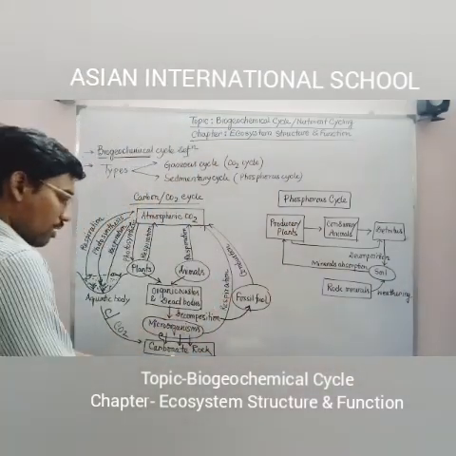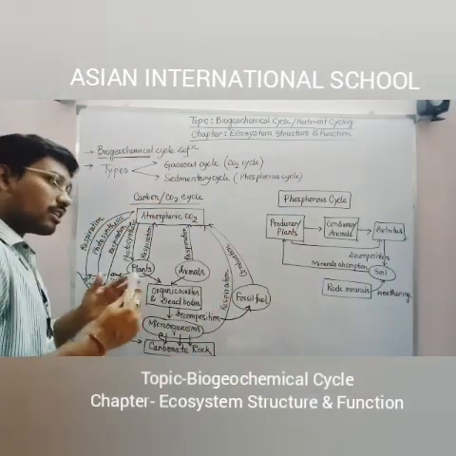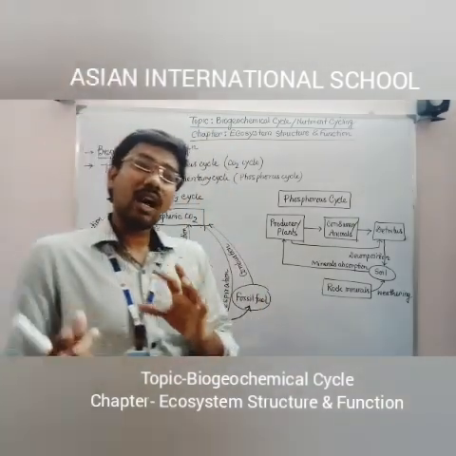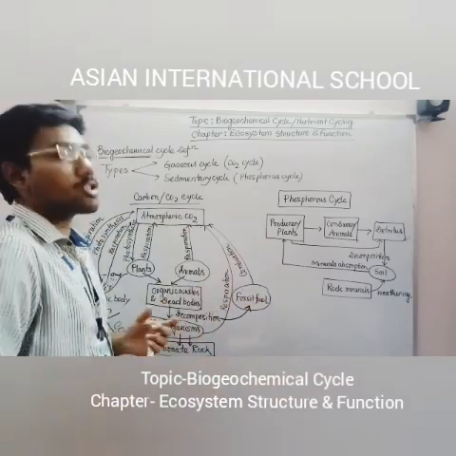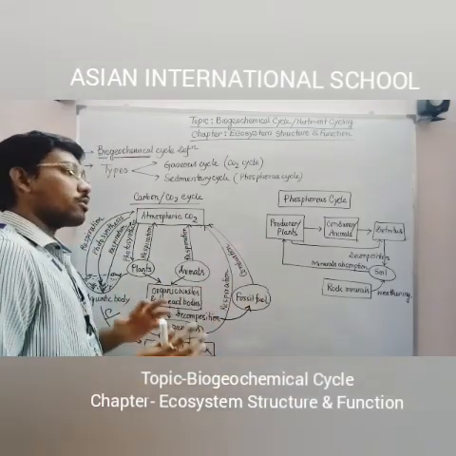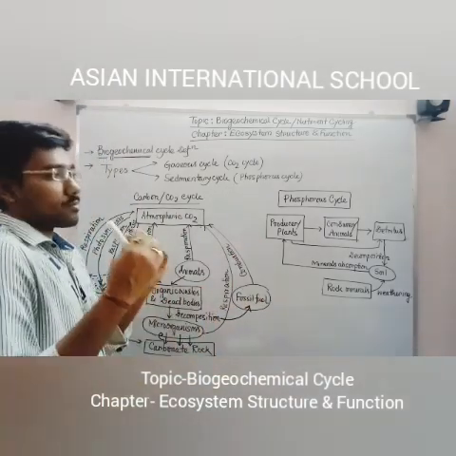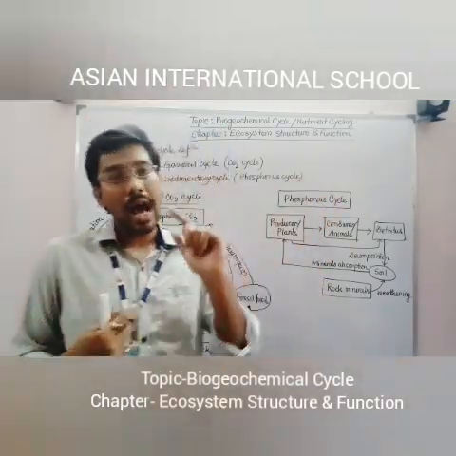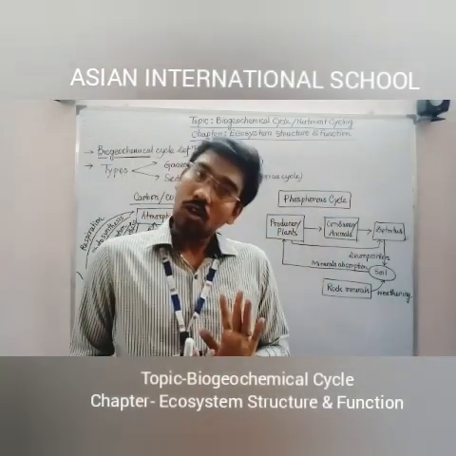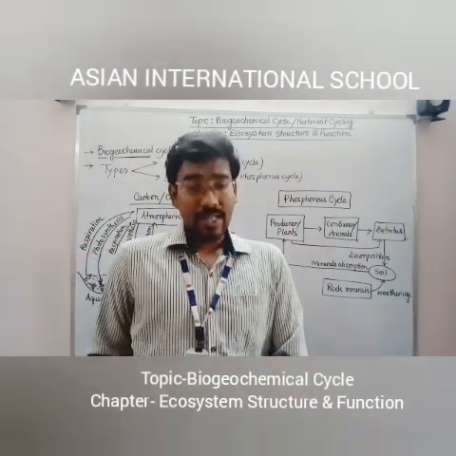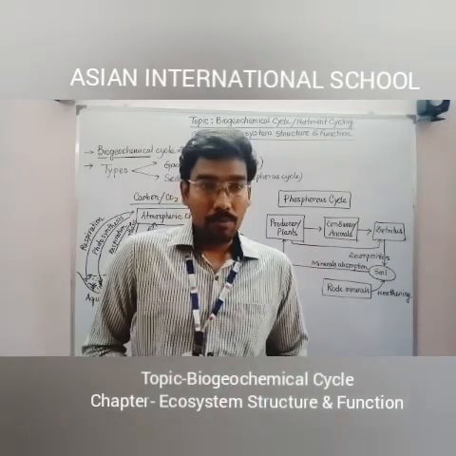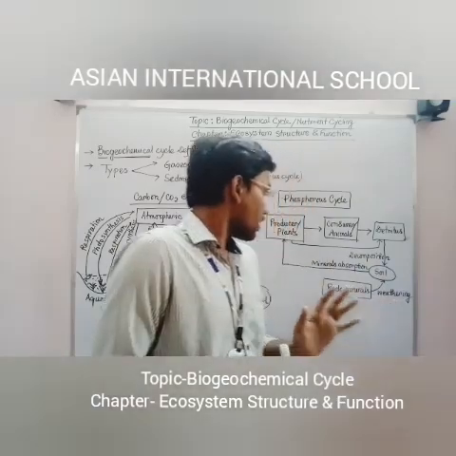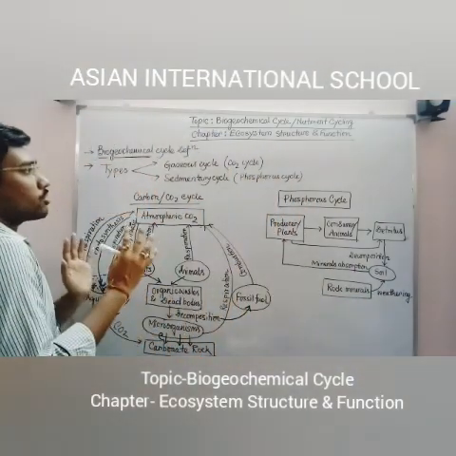Here also the same thing: the carbonate rock, which I have drawn here, when it is weathering, automatically carbon is continuously getting added into the soil, and that soil contains carbon mineral. When the plant is performing photosynthesis, at that time they are taking carbon dioxide from the atmosphere directly, as well as carbon as a mineral from the soil. Because carbonate rock is present there for adding more carbon minerals into the soil, and that is obtained by the plant directly. So this is the total topic that I have taught you.